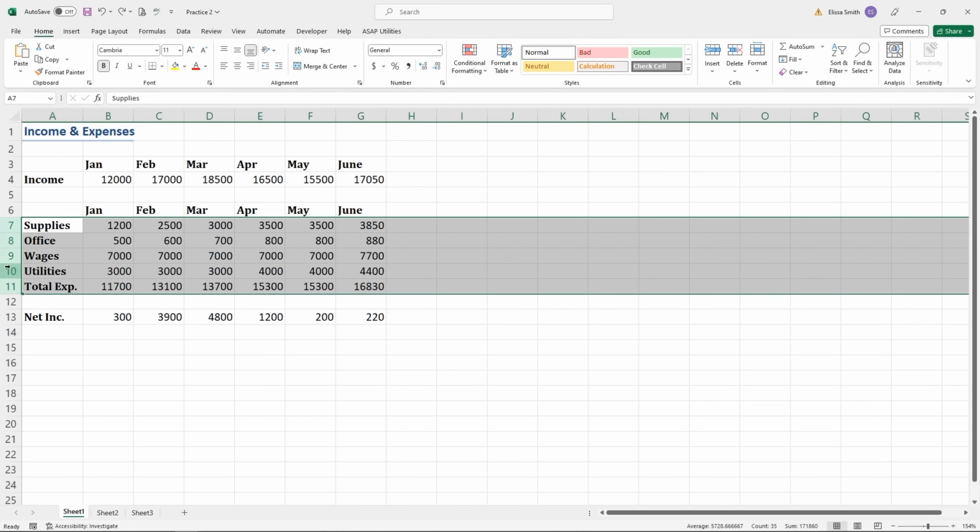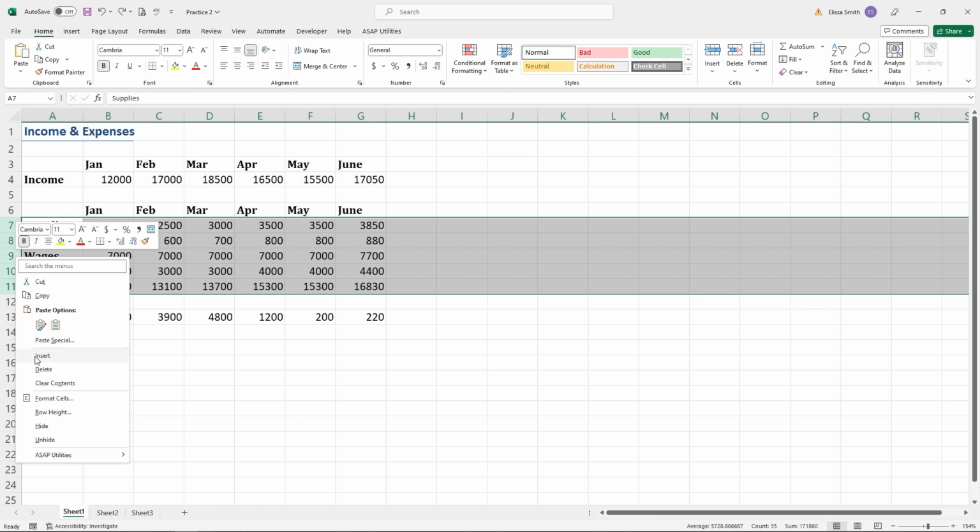You'll notice that I can select all the content in those rows just by left dragging on the row numbers. Now that I have these selected, I'm going to right click and say insert. Now I currently have several rows selected. When I insert new rows, they'll go above and the same number of rows that I have selected will be